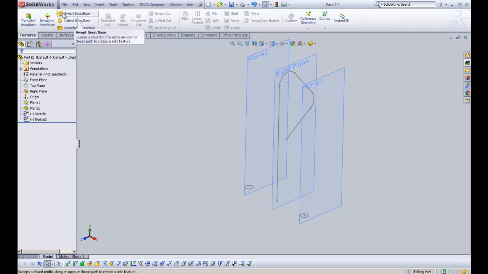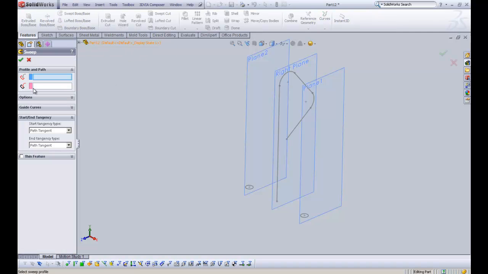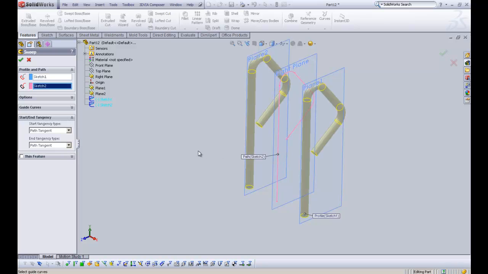Now I'm going to click on Swept Boss, which is under the features on the command manager, and we can see in the command manager there it's coming up with profile and path. So the profile is what you want to shape basically, and it's these 2 circles here, and we can see that it's gone up sketch 1, and if I open this up you can see that sketch 1 is highlighted. So now it's asking for a path, so I'm going to click on sketch 2,